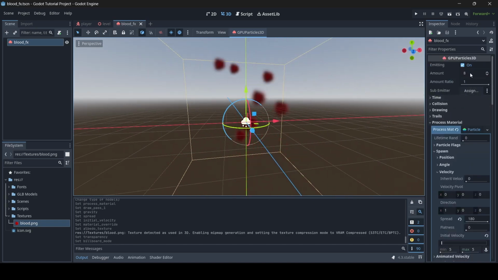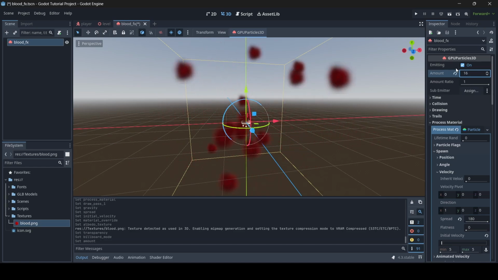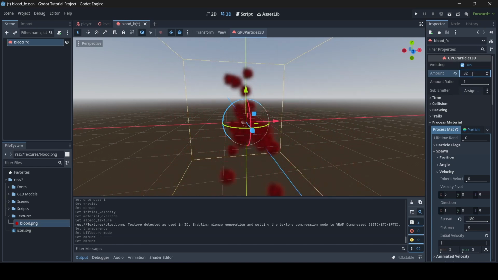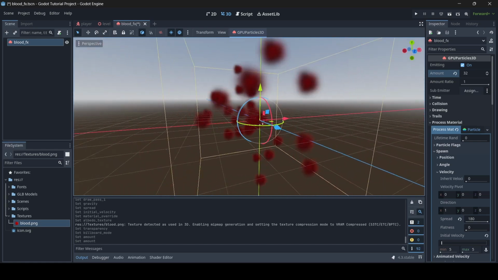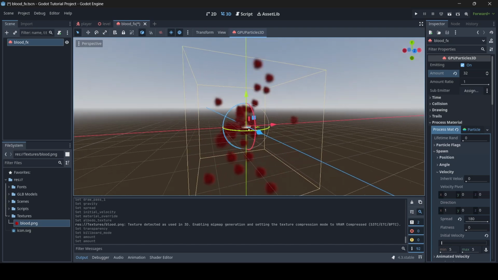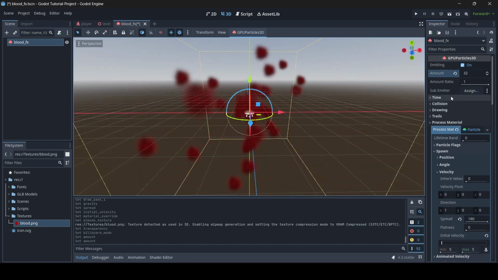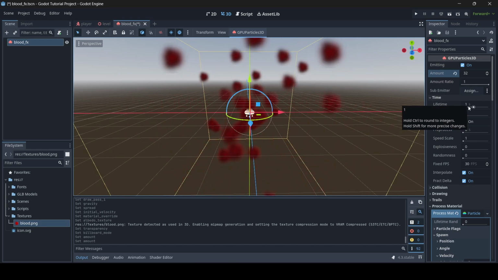For example, you can actually set the amount of the particles that are emitted. Let's say you want to do more than 8, so something like 16, or you might even want to do 32. So yeah, you can have more particles if you want to, to get more of a bloody look. And also, if you go down to where it says time, you can actually select